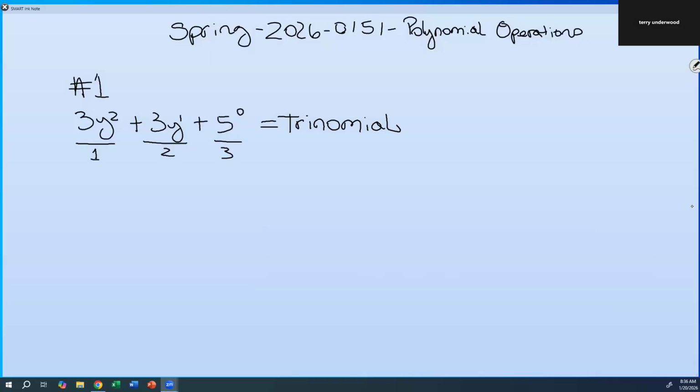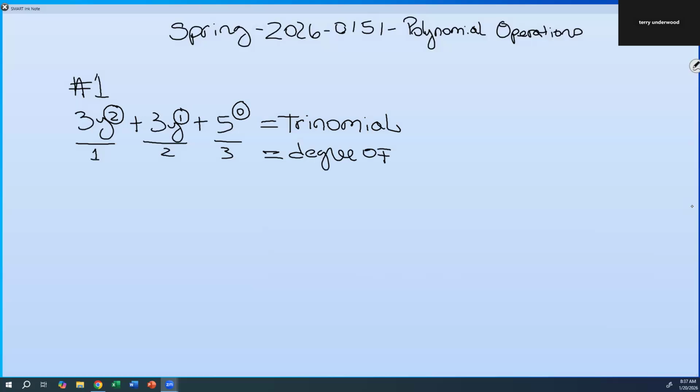So you can see that the first term is raised to the second power. The second term has been raised to the first power, and the third term is 0 power. Which is the highest degree of the polynomial, or exponent? Of course, 2. So you can say that the degree